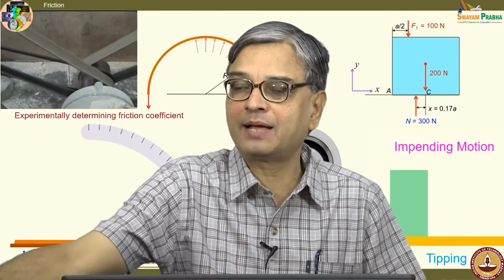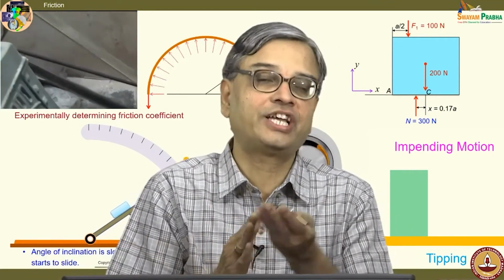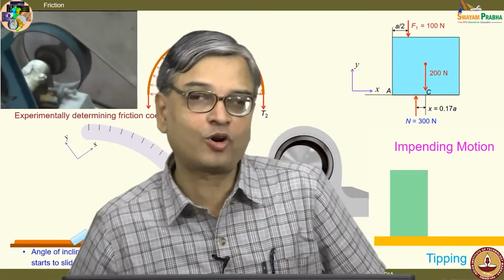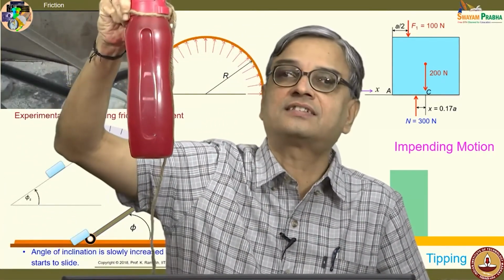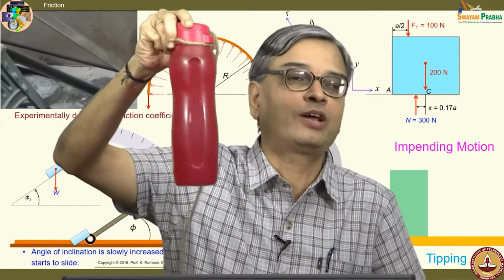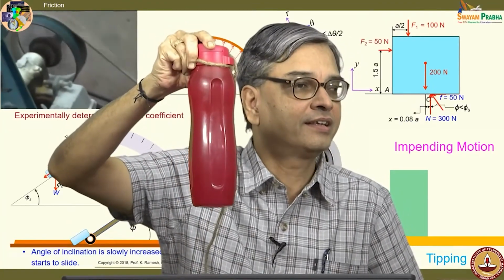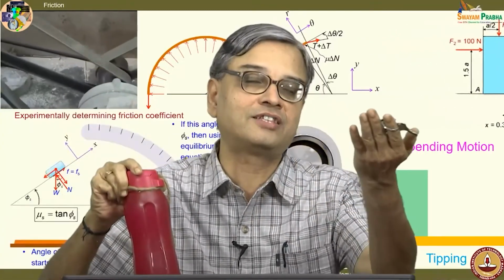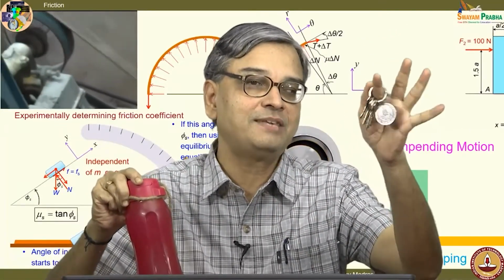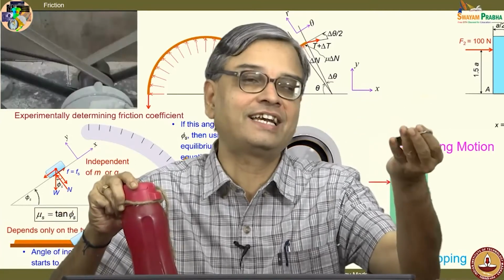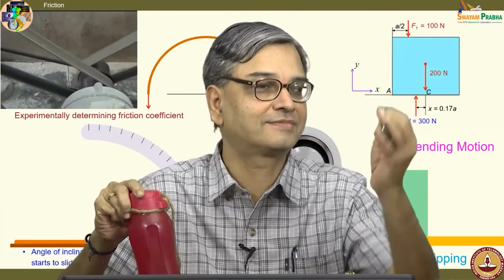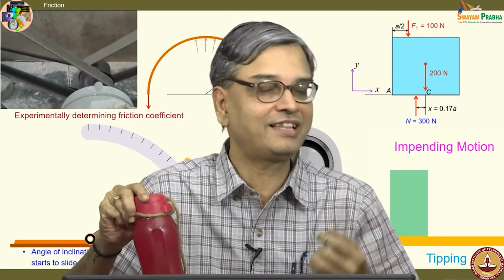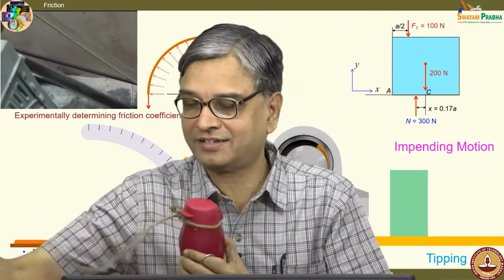Let me ask, see, I am going to have a keychain and I also have a water bottle, fine. This is a 1 liter water bottle, so it should be 1 kilogram, fine. Can I support this water bottle with this key bunch? We weighed it yesterday, it is about 80 grams, fine. Shall we try that? Okay.